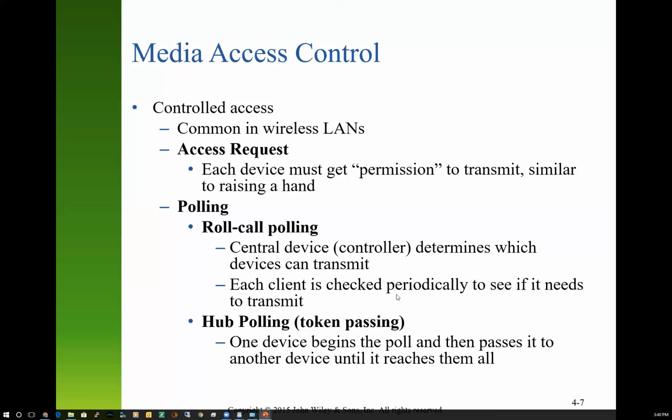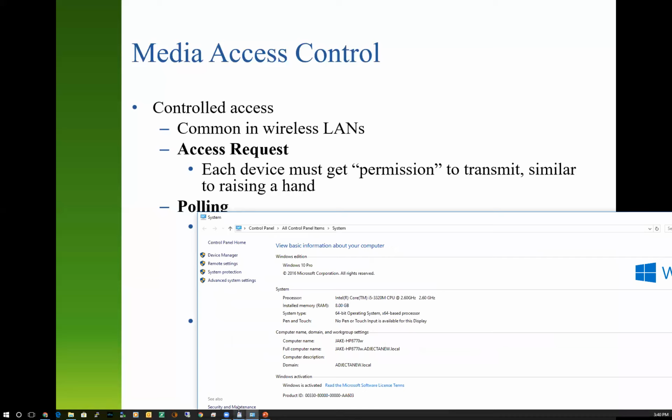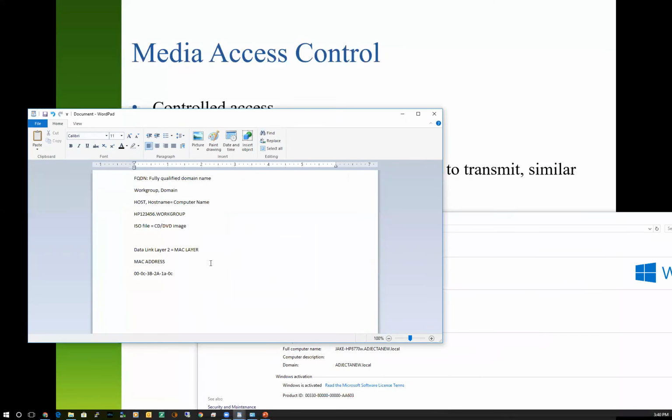And then there's another thing called hub polling, or token passing, token ring network, IBM token ring. You can look up for historical purposes, and it probably does still exist in some parts of the world, even in some parts of this country, token ring networking. Not everything in the world is Ethernet. Everybody, you better all know what Ethernet is. Ethernet is the most common networking protocol, both wired and wireless. The 802.11 protocol is Ethernet. Token ring was the dominant network protocol, and before that it was ArcNet. I was a big ArcNet guy.